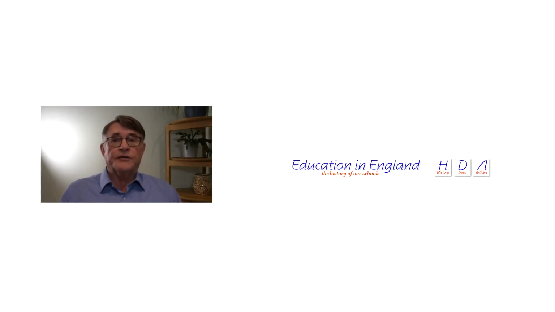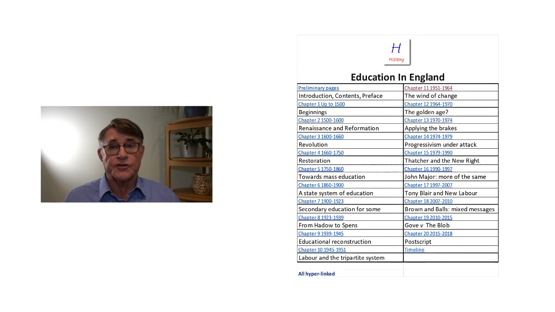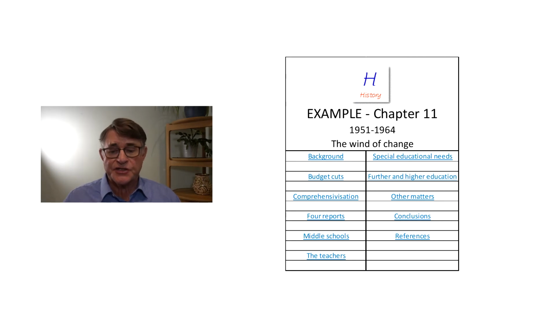Right, let's have a look at how the website is organised. Now, there are three main sections. The first section is called History with an H. Now, these are chapters divided up in chronological order, written by Derek himself, starting from the Romans all the way through to present day. And then within each chapter, it's organised according to monarchs, prime ministers, social strata, and later on the educational acts, bills or reports contained within that chapter.